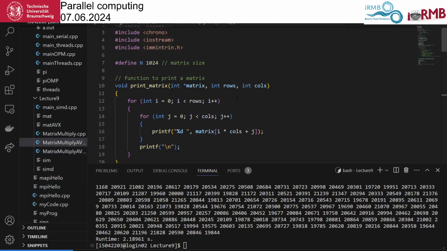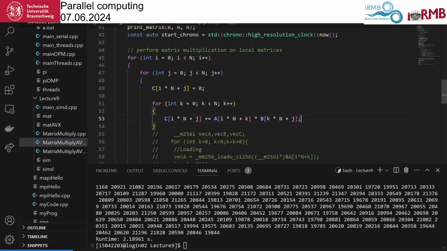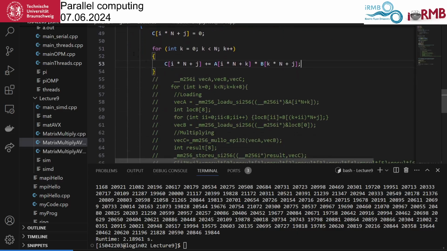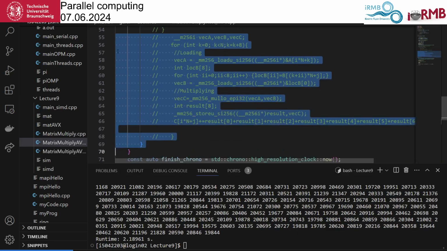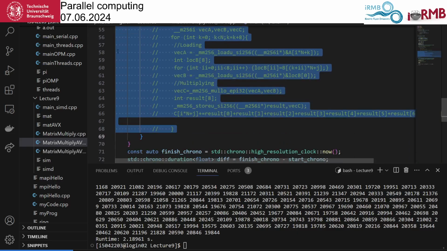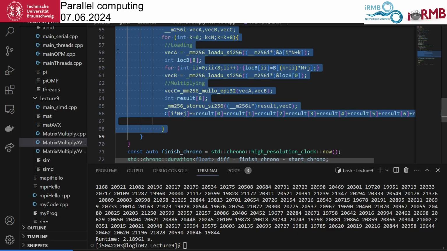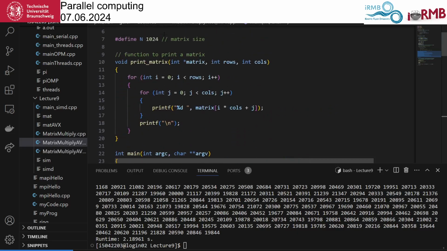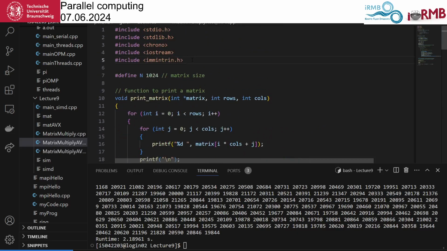Okay. By the way, I don't know whether I turned it off. Actually, I turned it off, yes. So I'm going to turn it on again. And maybe if it doesn't work, I turn it off again. So let's go back, activating the version with AVX. I've not tried this, so I hope this will work.